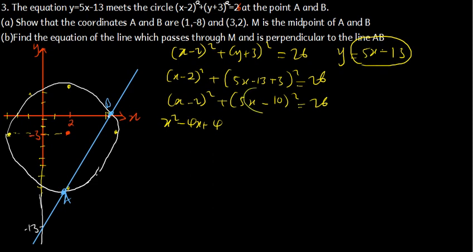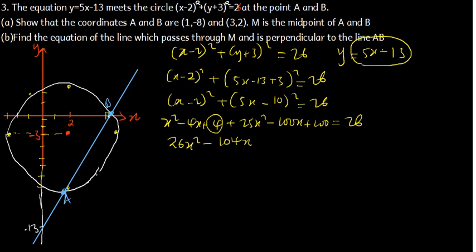And then if we expand this one here, it's going to give us 25x squared minus 100x, and then plus 100. That is going to be equal to 26. So we're going to put like terms together. So this one we are going to add it to that one. So x squared plus 25x squared, that is going to give us 26x squared, and then negative 4x minus 100x, that is going to give us negative 104x, and then we have got this constant plus the 100, that will